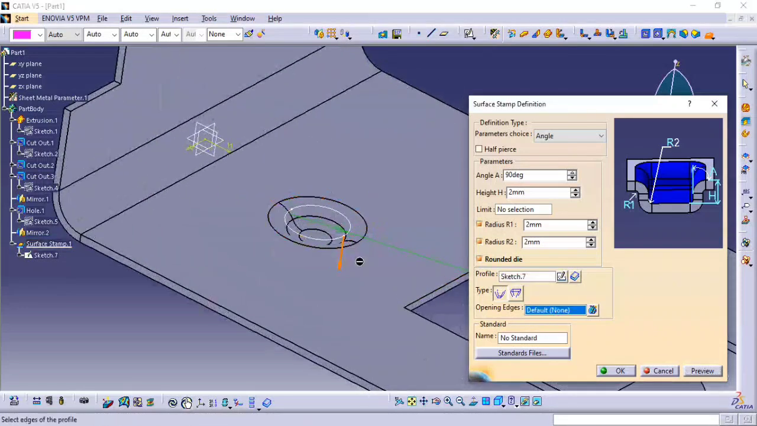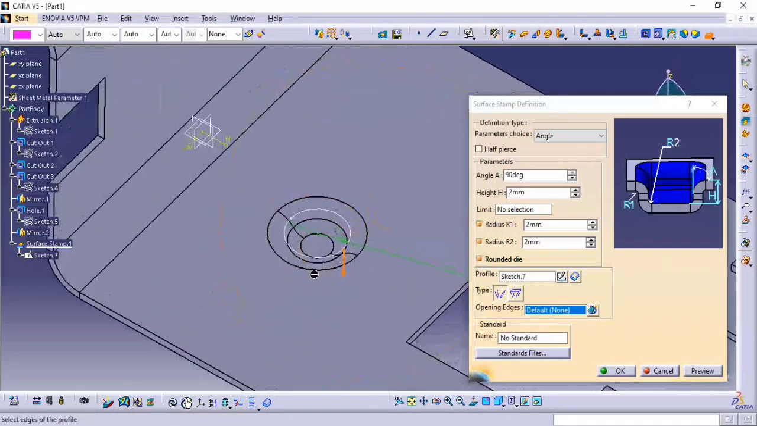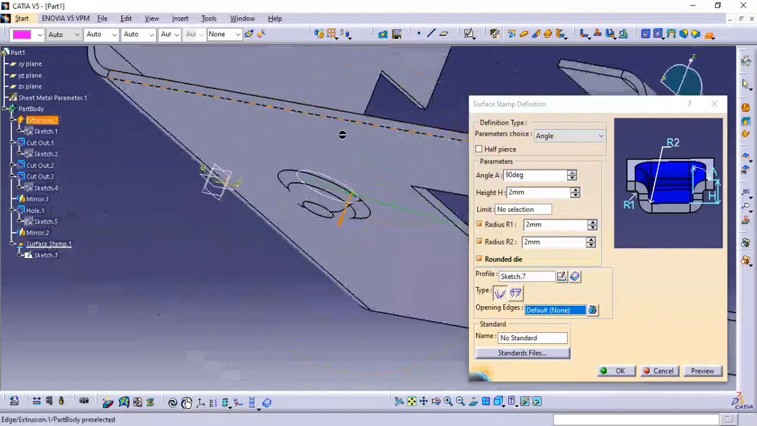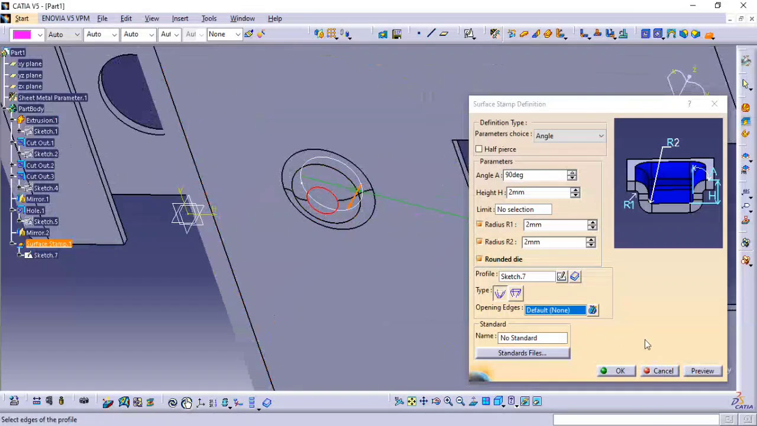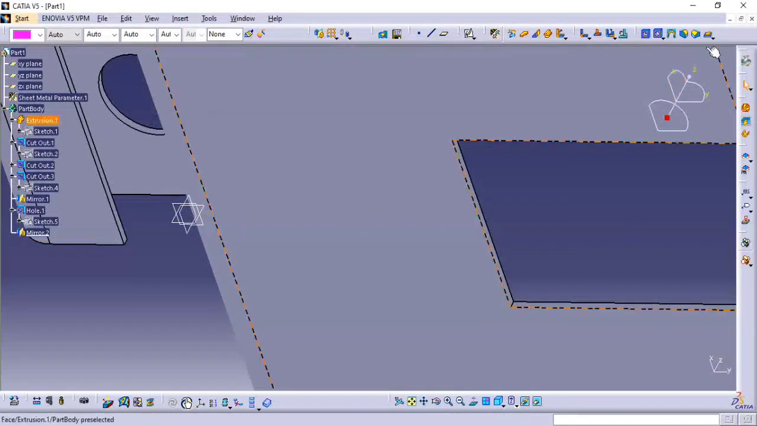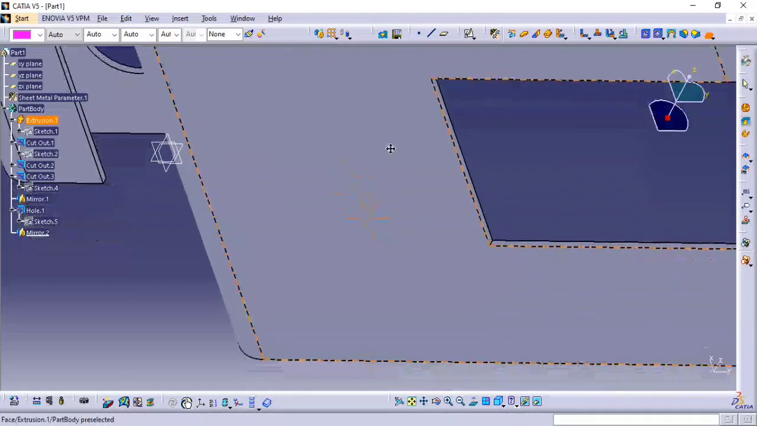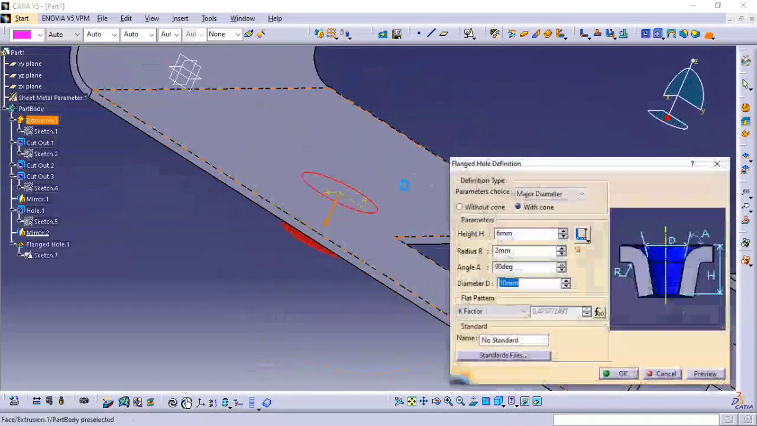And opening edges means you can choose this as open edges. Preview. These are not opening. So these are not options. So here you can see this flanged cutout option is flanged hole. So sorry guys, this is the feature. So click on this